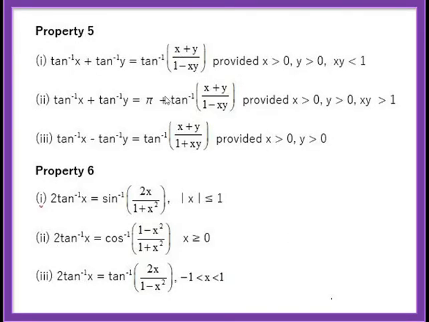Now this set is very important. Tan inverse x plus tan inverse y is tan inverse of x plus y upon 1 minus xy, provided x and y are positive and xy is less than 1. But if xy is greater than 1, then what is tan inverse x plus tan inverse y? It is pi plus tan inverse of x plus y upon 1 minus xy. Now if we do not know whether xy is greater than 1 or less than 1, we, while solving a problem, generally consider this only. In any case, the derivative of pi being a constant will be 0.